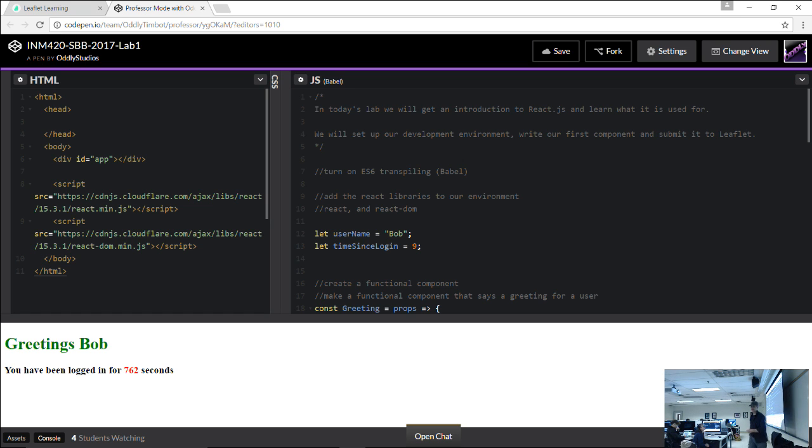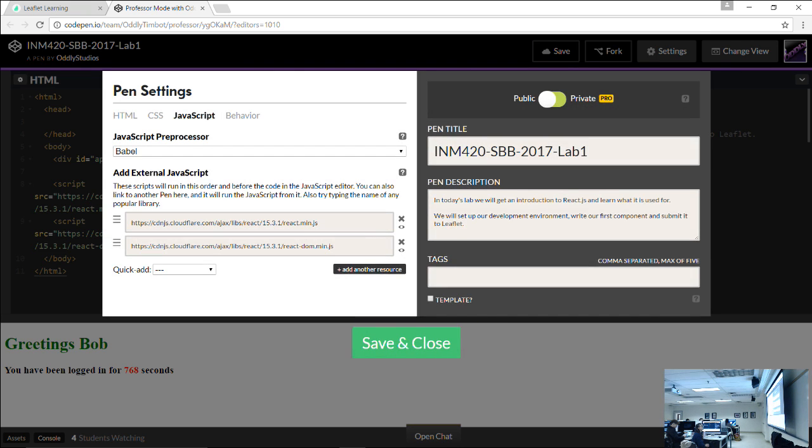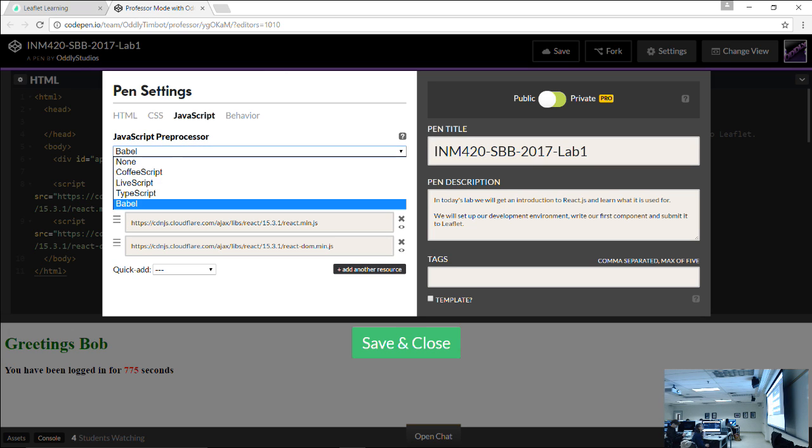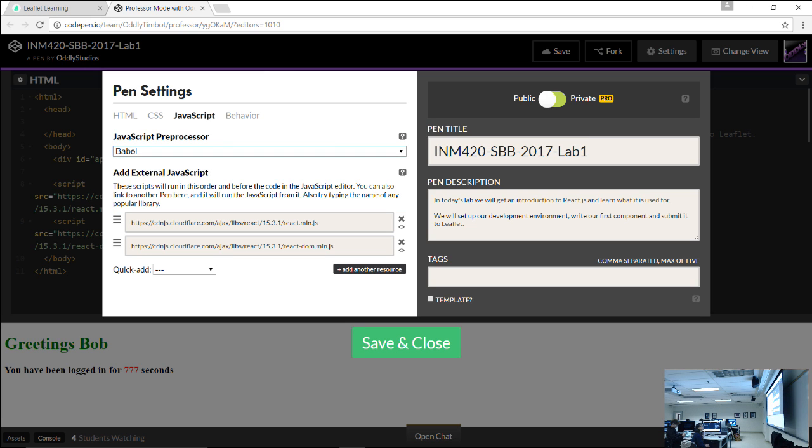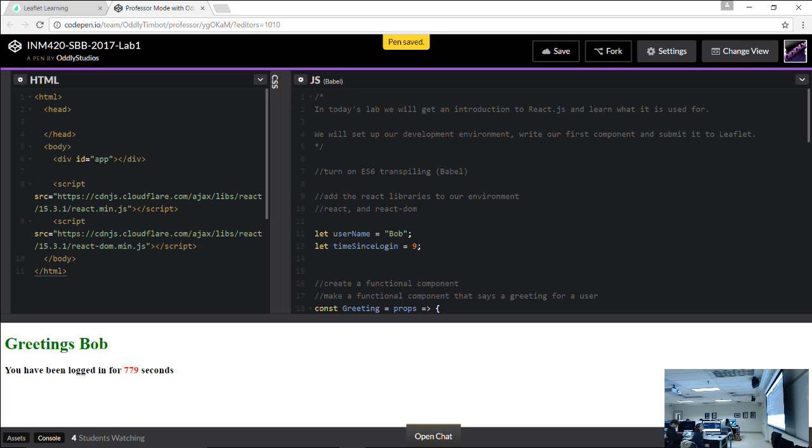The way that this is turned on is in the settings, clicking this little gear, and under JavaScript preprocessor, there's a bunch of tools, and we're using this one called Babel. Now, why are we doing that? Well,